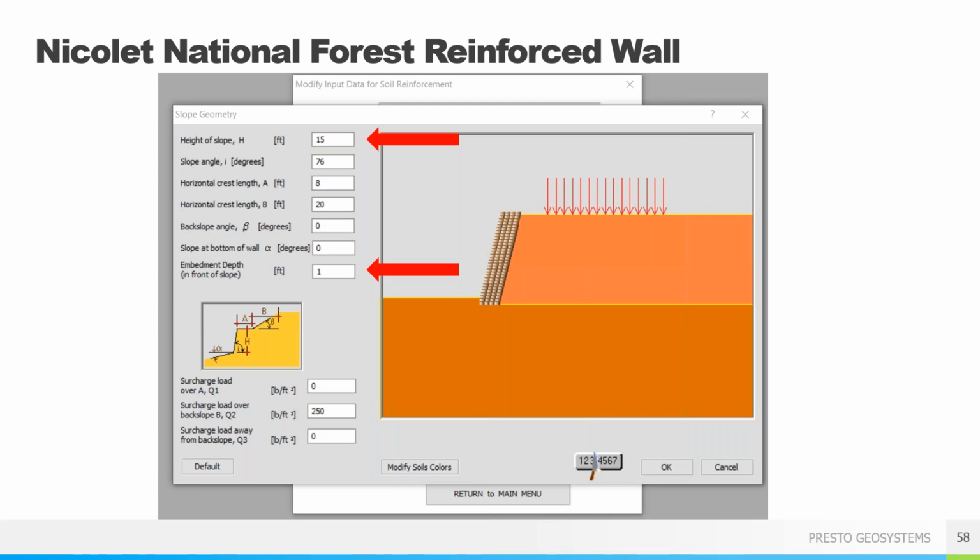1 foot is usually more than adequate. If you have especially a flat front face, or some type of front faces with some slope angles, let us know, and we can work with you and provide the evaluation. So here you can see your crest length, which is going to be all the way from the front face of that wall going back to that surcharge loading. B, that's that horizontal crest length. That's going to be the length of that surcharge load.